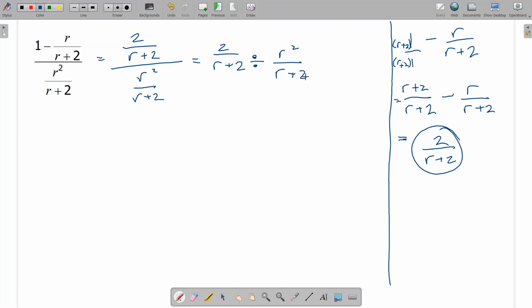And now that we have it written as a division problem, we can rewrite it as a multiplication problem. Okay, and looking at it here, we can see those r plus 2s are going to cancel, leaving us with just 2 over